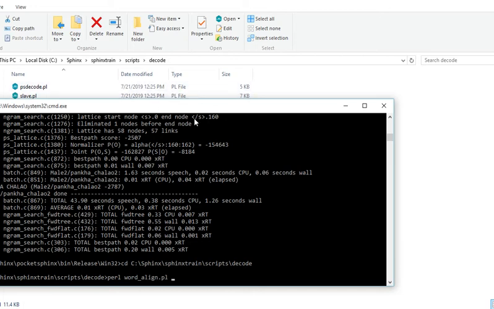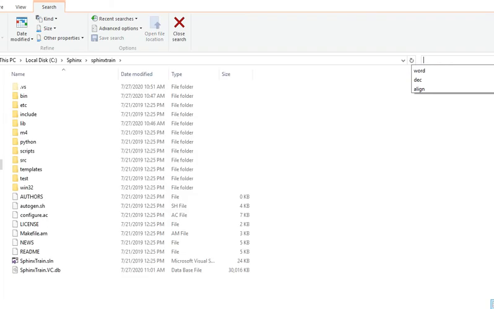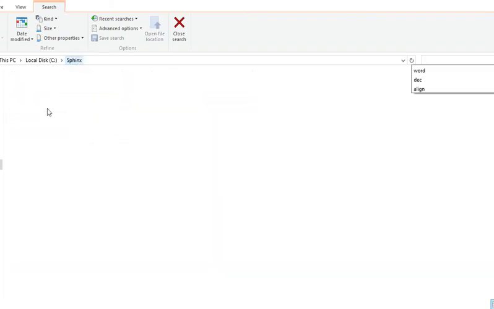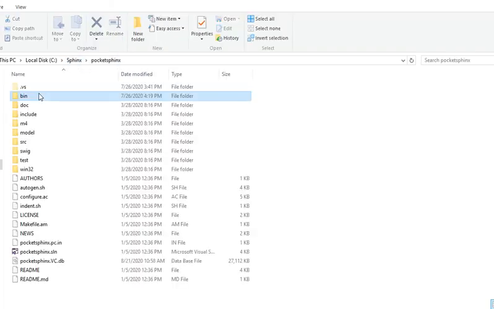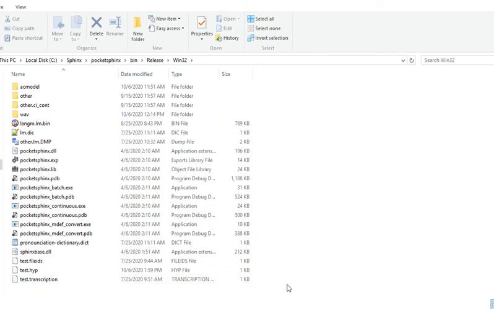After this I will need those two files which I have created in my Pocket Phoenix folder. So I go to my Pocket Phoenix folder, the bin folder, Release Win32, and get these two files.